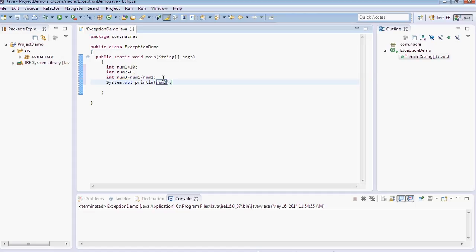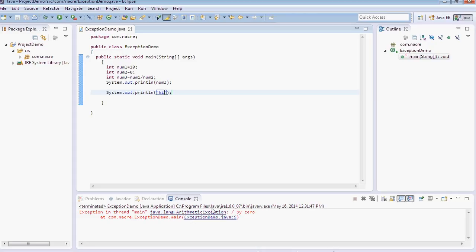I will take one more statement to check whether this statement is going to print or not whenever an exception occurs. Now execute the program. See, here we are getting an ArithmeticException.